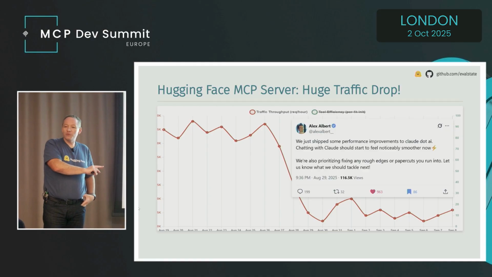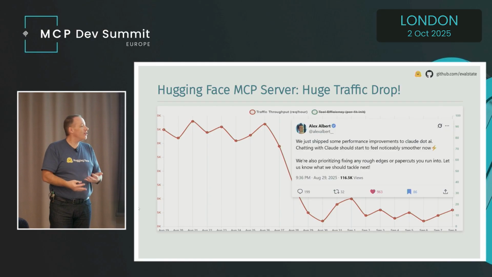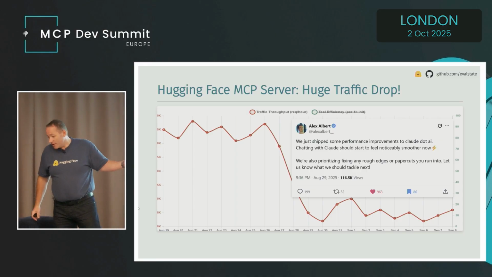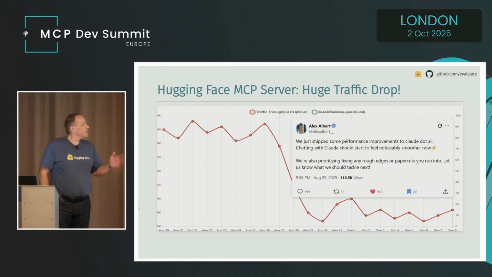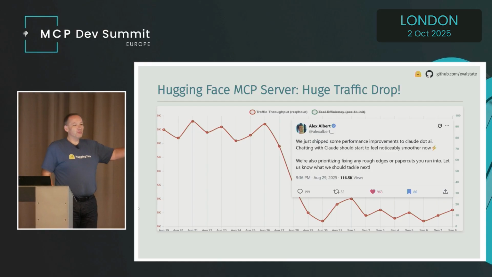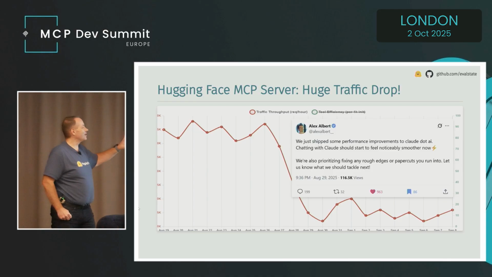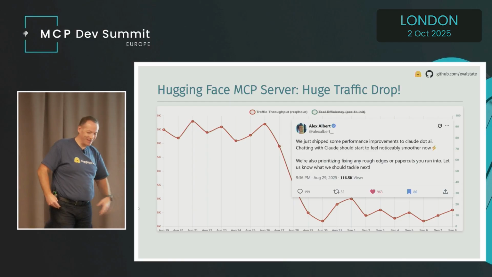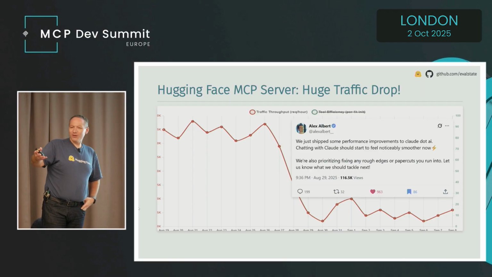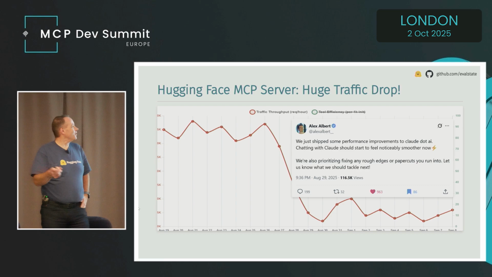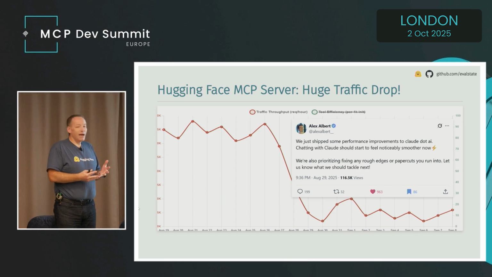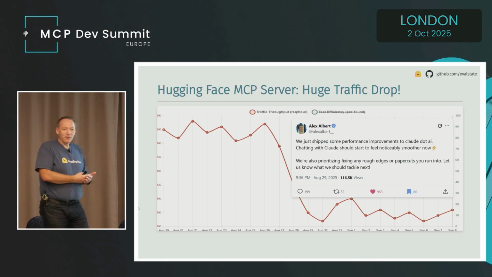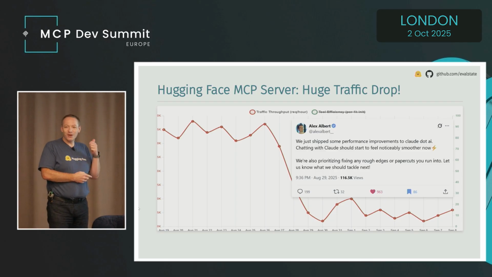So what caused the huge traffic drop? So I was terrified, right? I'm thinking, what on earth have I broken? What's gone wrong? And then, of course, when something goes wrong, you open up x.com to find out. And this was the answer. So within hours of me seeing this gigantic traffic drop, I saw this from Alex Albert, who's on the Claude comms team, or yeah, he's the PR guy for Anthropic. And yeah, so actually what he said was, we've tidied up a few rough edges in Claude. And I went, perfect,